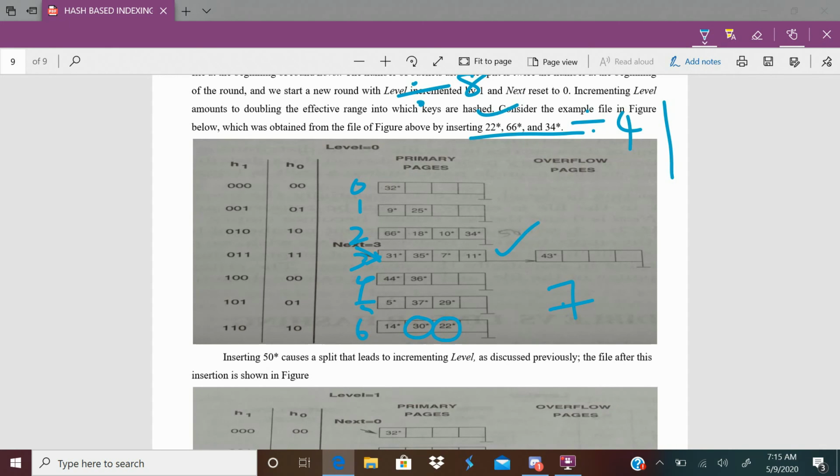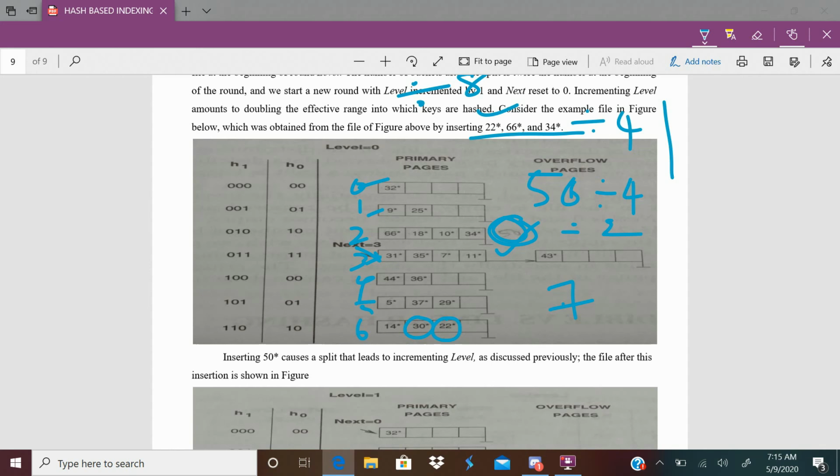So next you can see insertion of 50. Here you look, 50 when you are inserting, what you have to apply? 50 modulus 4 means 2. 4 12s are 48. Okay, 2. 50 should go into the 2nd bucket. It is 0, 1 and 2. 50 goes into 2nd bucket.